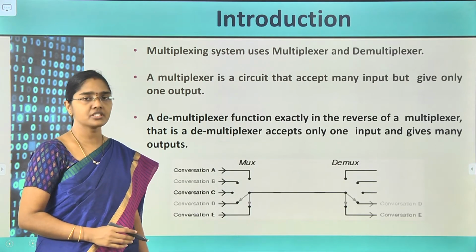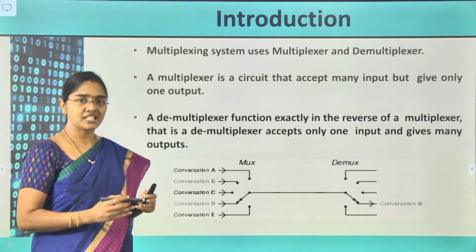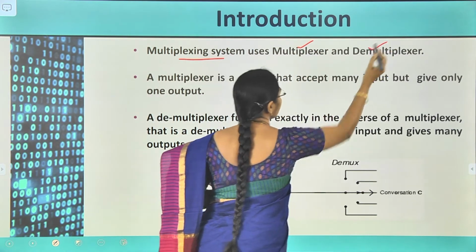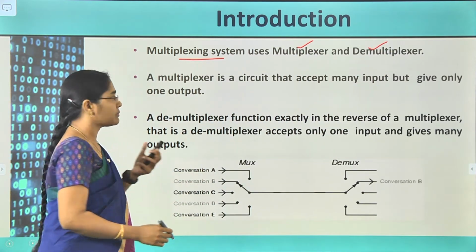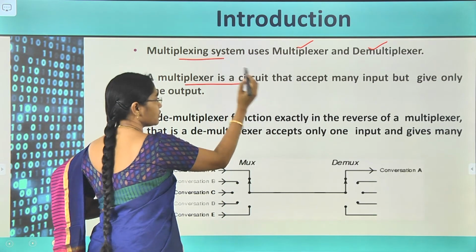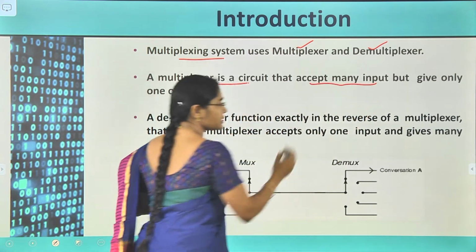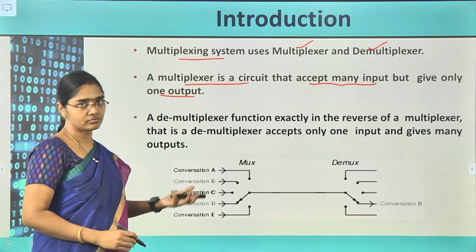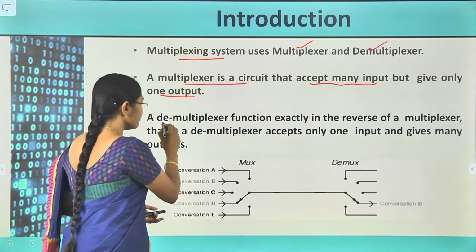Let's see the introduction first. Already we have seen the multiplexing system. Multiplexing system uses both multiplexer and demultiplexer. And multiplexer is a combinational circuit that accepts many inputs and gives only one output. That also we have known. And now we are going to see